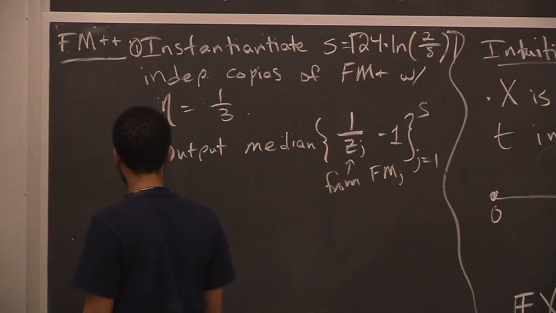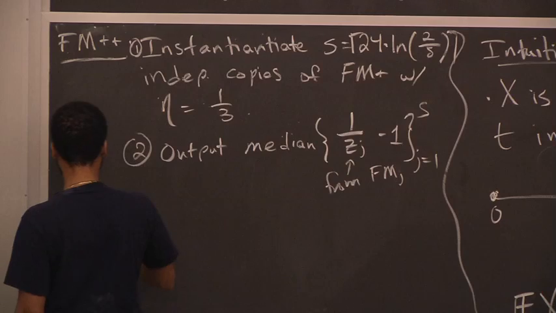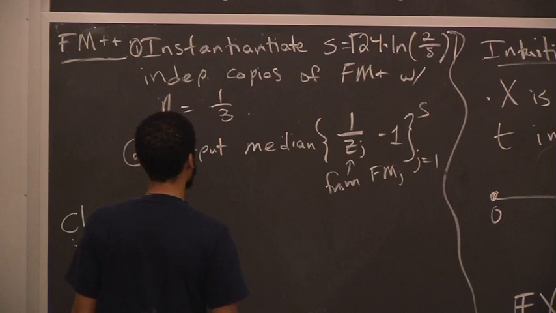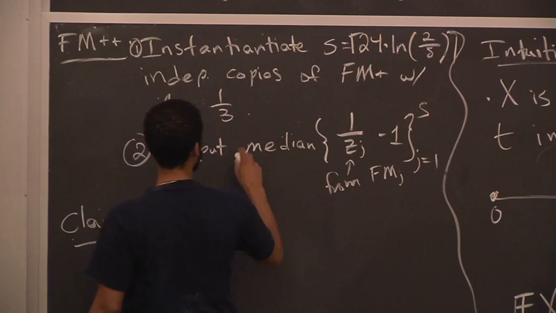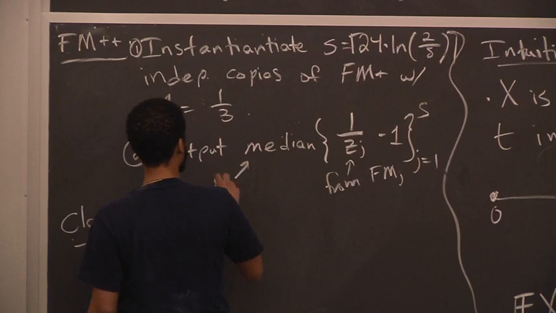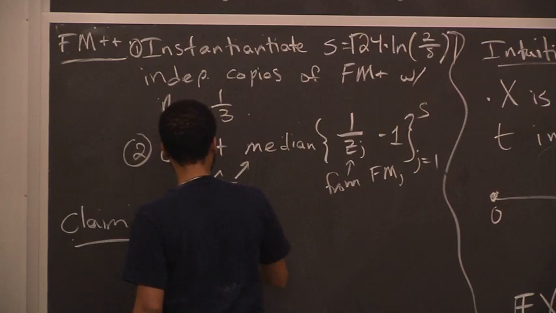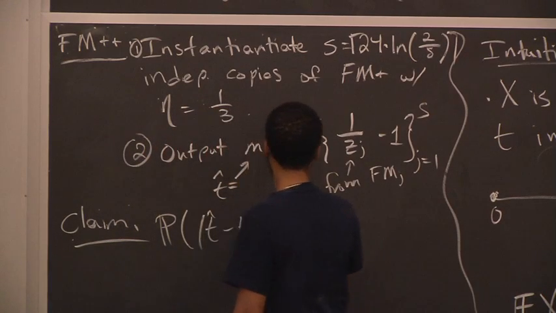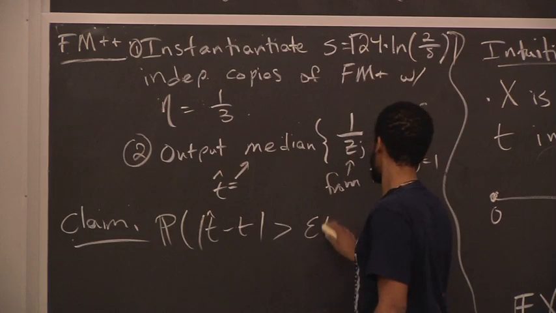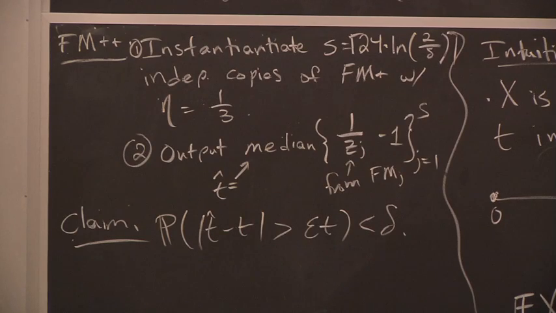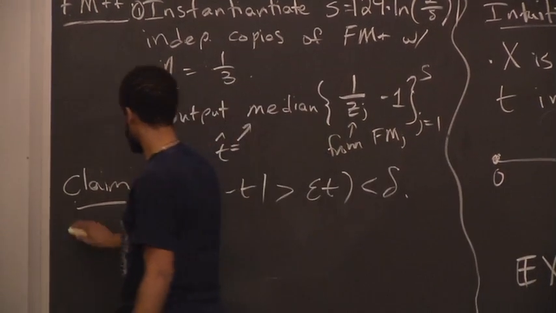So the analysis. Let me call this t hat. The claim is that the probability that t hat minus t is bigger than epsilon t is at most delta. And the proof of that